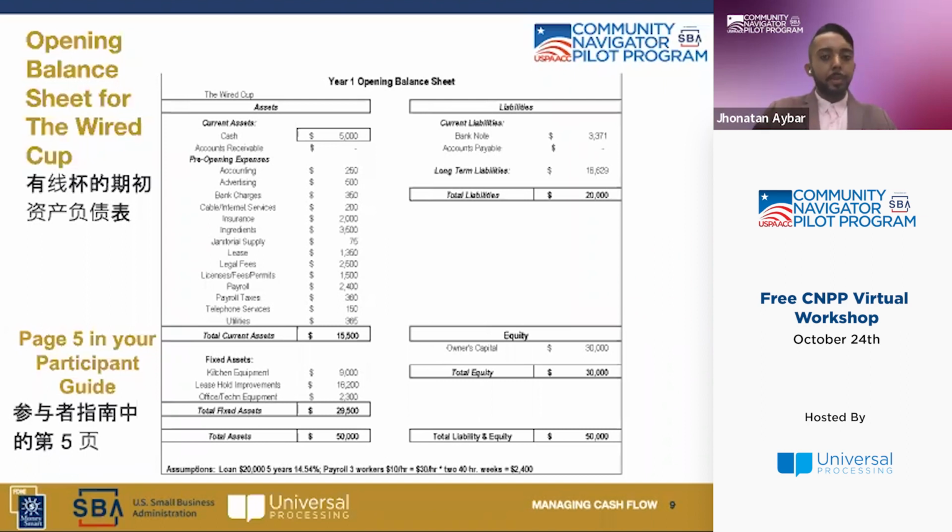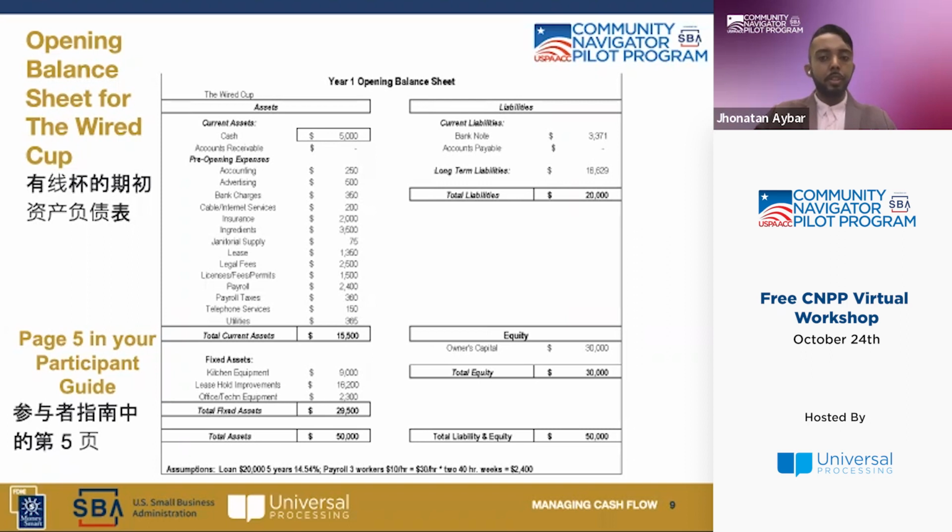So let's begin to review the balance sheet. This balance sheet lists pre-opening expenses as current assets. In this example, the pre-opening expenses listed were expenses realized before the end of the year. Entrepreneurs should always keep track of pre-opening expenses, as some may or might not be considered by financial institutions or investors as a business asset or owner's investment or equity. Super important that you keep track of this if you are a new business.